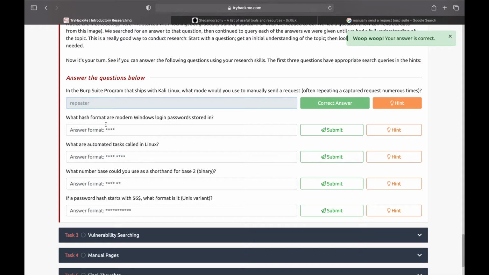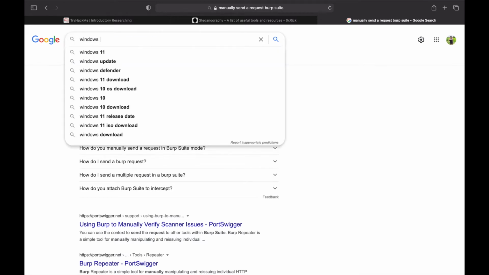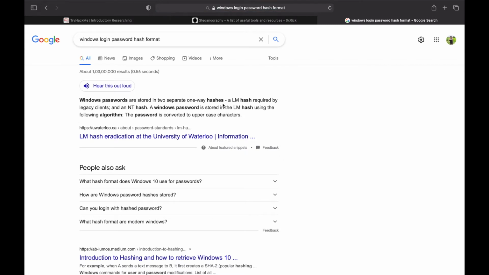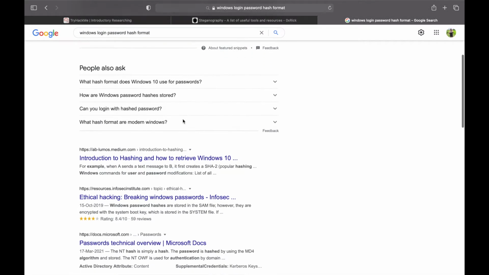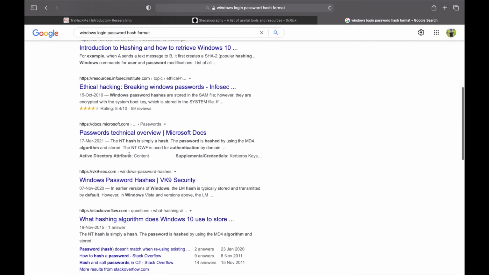Okay, what hash format are modern Windows login passwords stored in? So now, Windows login password hash format. It's an LM hash required by legacy clients, and an NT hash. Okay, we will search for some other things. So NT hash.